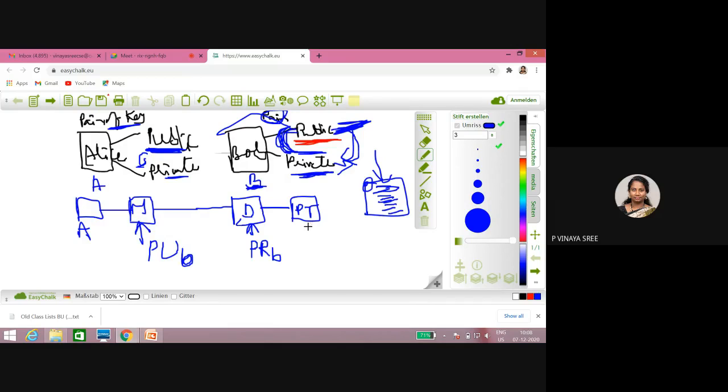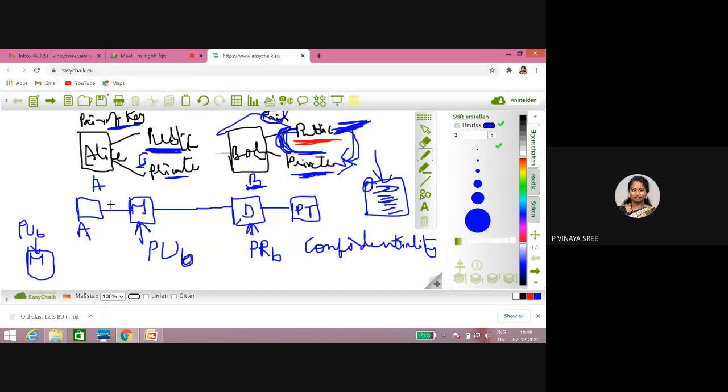Okay. So now, this is what confidentiality is. Why am I saying this is confidentiality? If I am encrypting a message with the public key of Bob, who can decrypt that? Can an attacker decrypt this? No. Only the person who has the private key can decrypt that. Who is the authorized person for decrypting this? It is Bob. So here we are providing confidentiality.